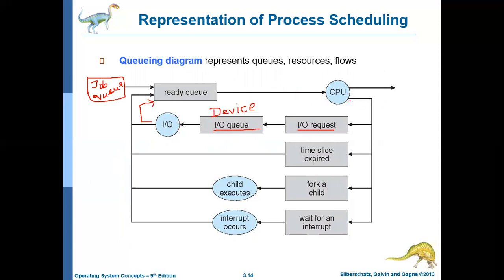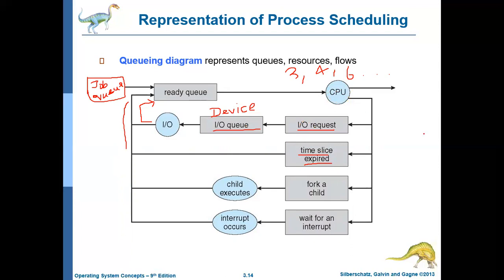Similarly, for an executing process, if its time expires, for every process there will be a time slice. Maybe process 1 should execute for 3 milliseconds, process 2 for 4 milliseconds, process 3 for 6 milliseconds, and something like that. If a process's time slice has expired, then after executing that much time, it will directly move into the ready queue, because it should wait for the next round of CPU allocation. It will continue until the process is completely executed.